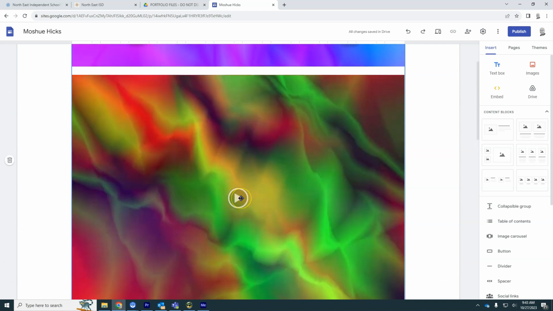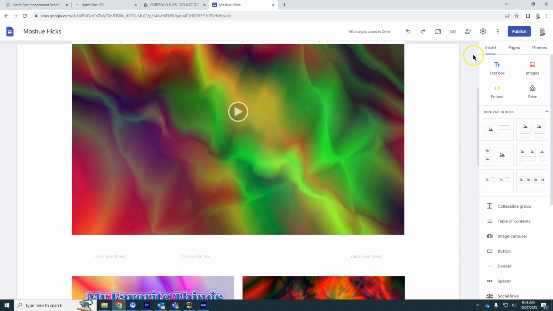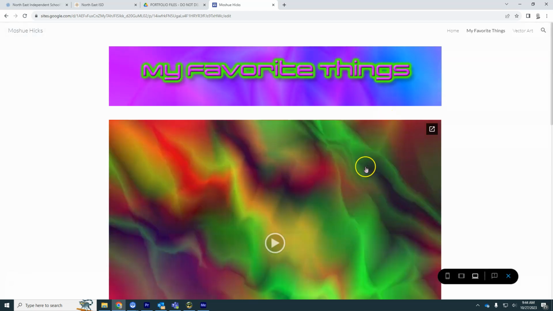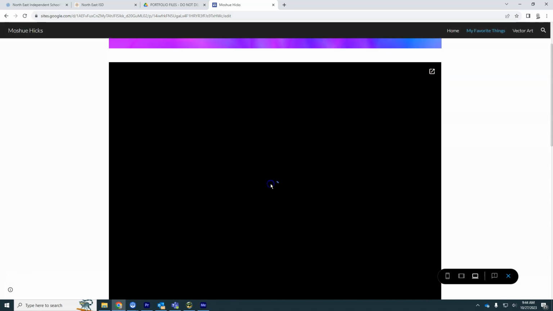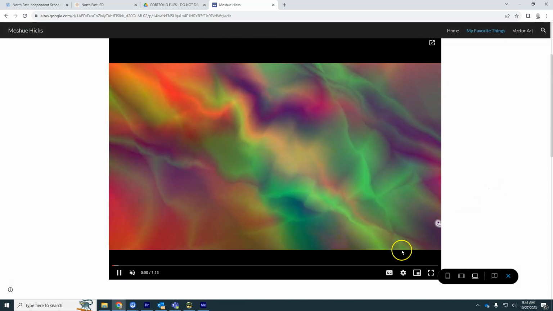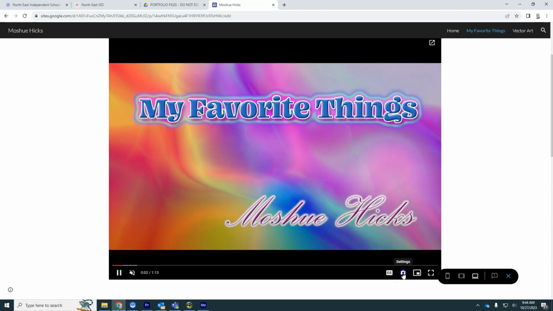But you won't be able to play it right away. Next thing we'll be doing is publishing this so that you can see what the actual website is going to look like. You can do a preview here, and it will show you what the page will end up looking like. I believe we should be able to press play,